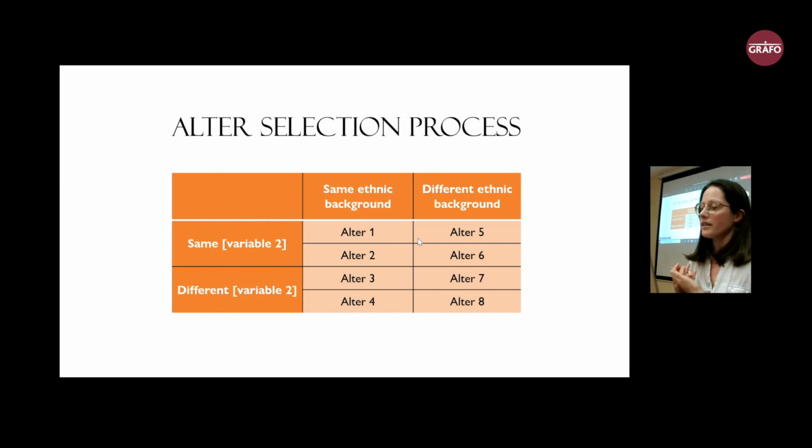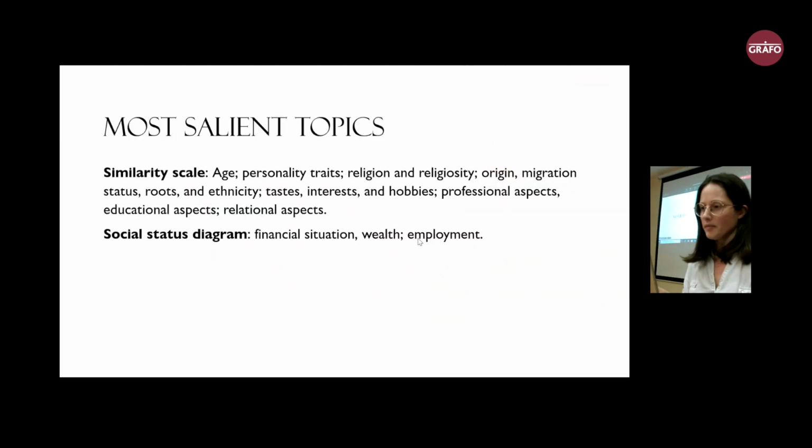And for us, it was very important to have this diversity because it's the only way to observe whether ethnic boundaries will emerge. If, for example, no one who has a different ethnic background is selected, then it's impossible to observe these boundaries, right? We have to create the opportunity for them to emerge, if that's the case, that they are important for the participants. So for the results, I just wanted to mention a little bit